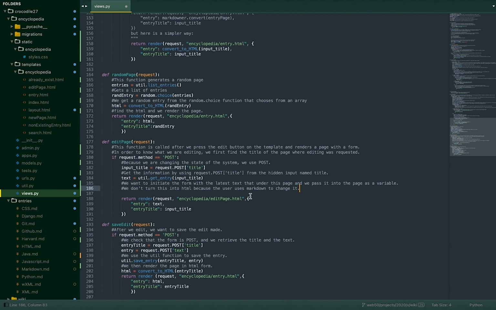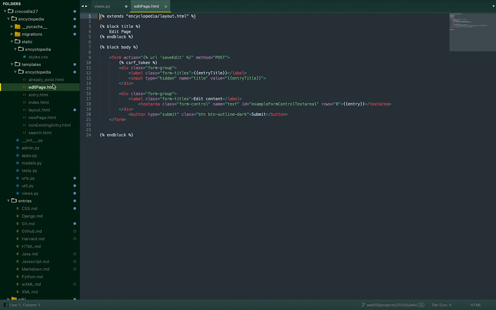And what you do with the text is basically, you put it here, in the text area, you put the already existing entry here so that they can directly manipulate it and then submit. Okay,